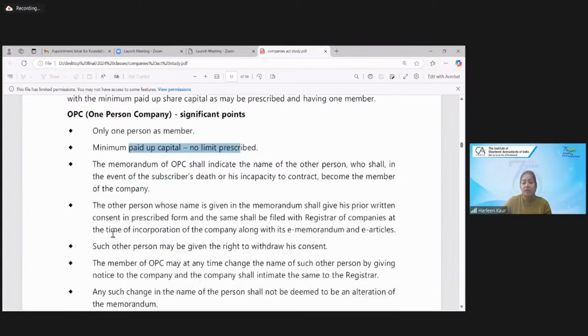This other person whose name has been given shall give his consent. So who is this other person? You all have written down nominee. Who is this other person? The nominee whose name is given in the memorandum. He will give his written consent